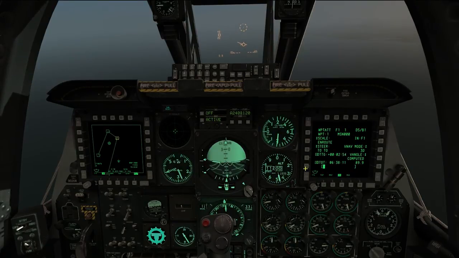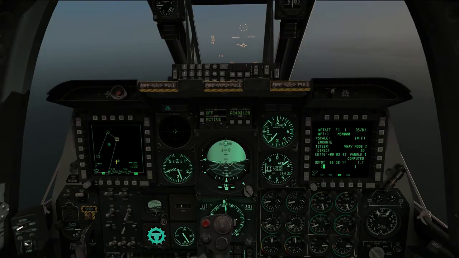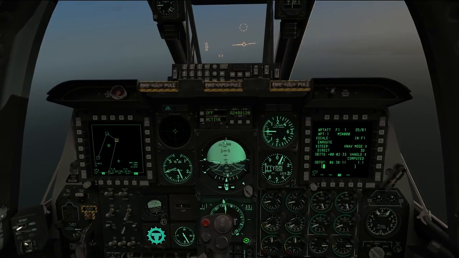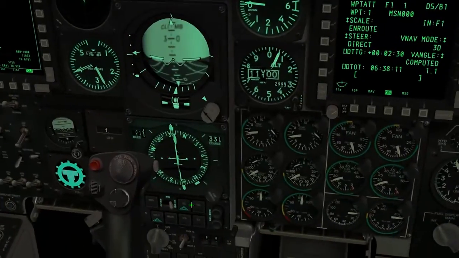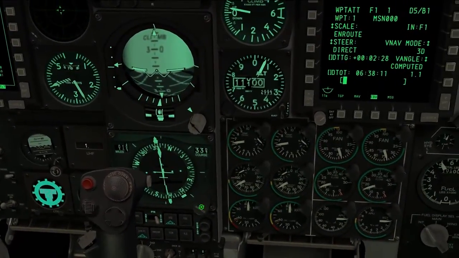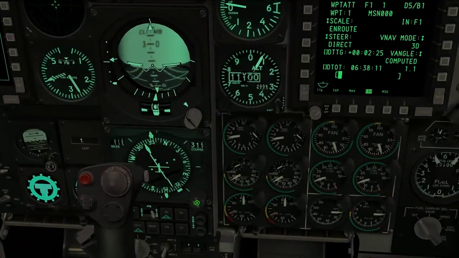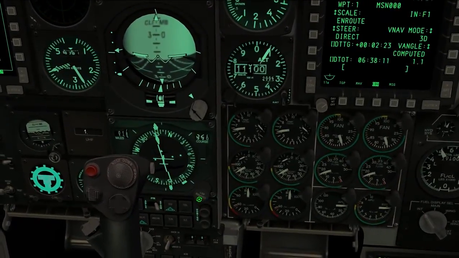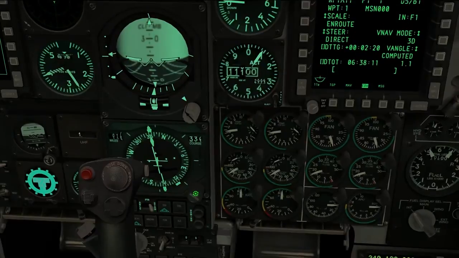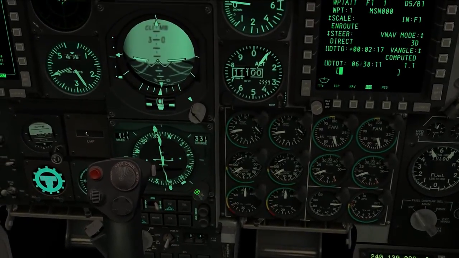And I'm going to do this now by clicking on the OSB 18 twice, and we're in direct mode now. So we've now set up our course between here and here, and we can see our current course heading is approximately 336, and if we look at the way the course deviation indicator works now, it's not slaved to the course knob, so it's very similar to the 2-2 mode. So I'm going to bring this back to 336 or 337 so we know what course we're on,